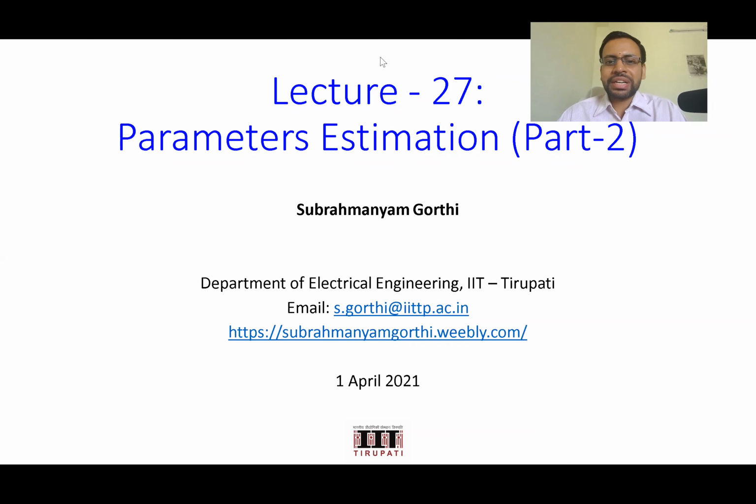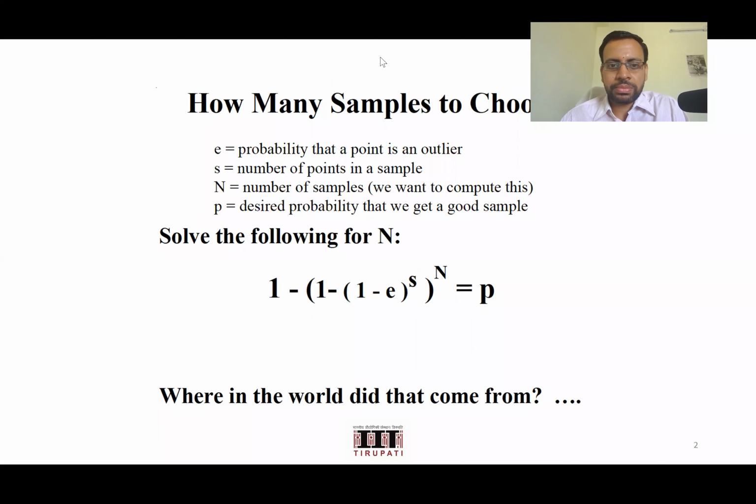In the last class, we started parameter estimation and we first discussed linear least square fit. Then we noticed some of the issues that we encounter while using linear least square fitting for estimating the parameters. From there, we moved on to RANSAC, which is based on random consensus. This is where we stopped in the last class, with the question of how many samples you need to choose